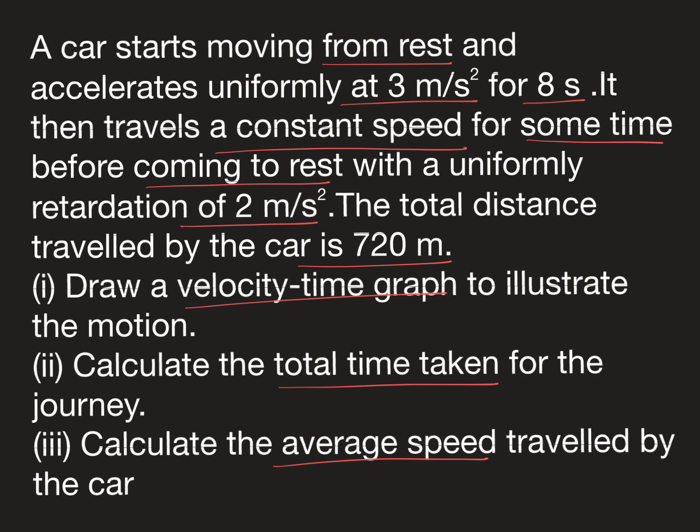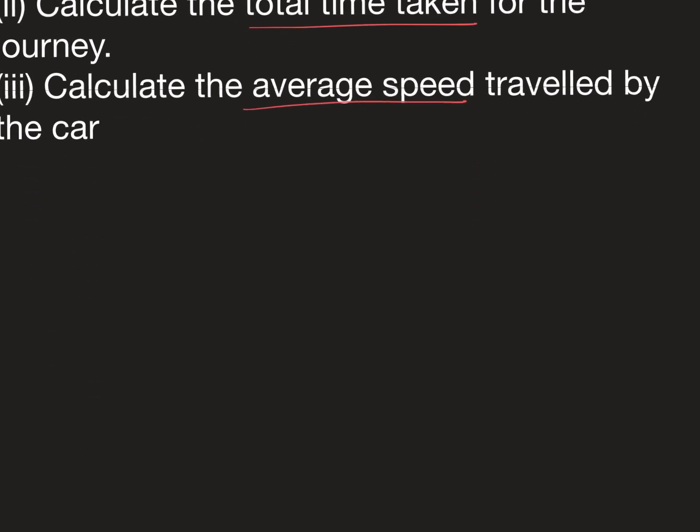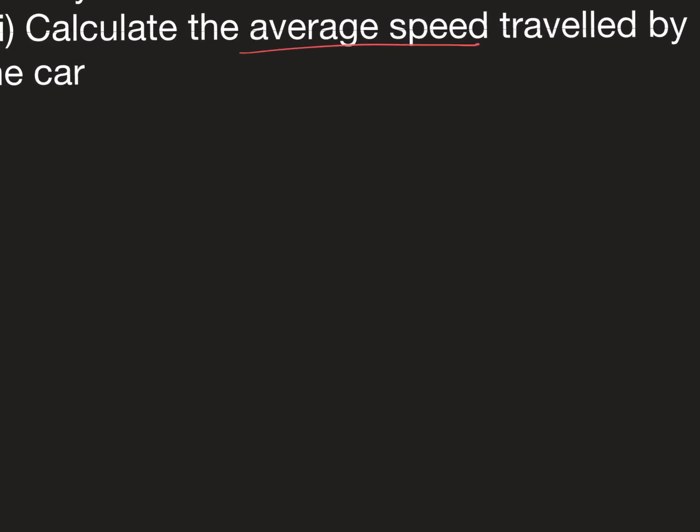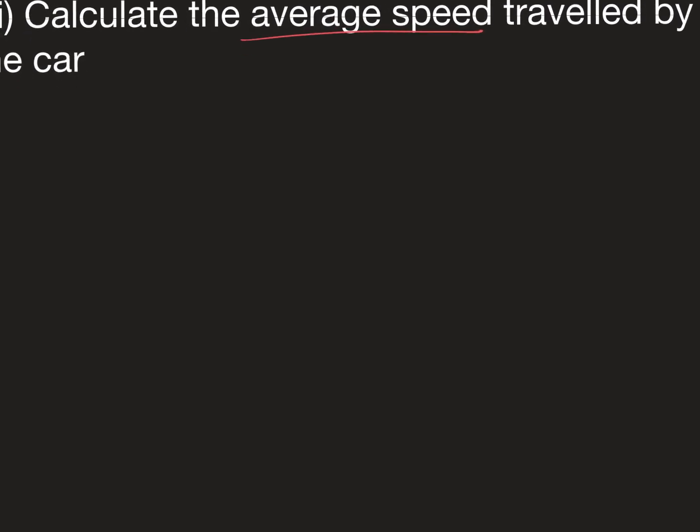So in summary, after moving from rest, it accelerated, then maintained a uniform velocity, and then retardates to rest. That is the general idea that we can take from this problem. And the total distance traveled here is 720 meters. So if we should just move on to sketch or draw the velocity time graph,